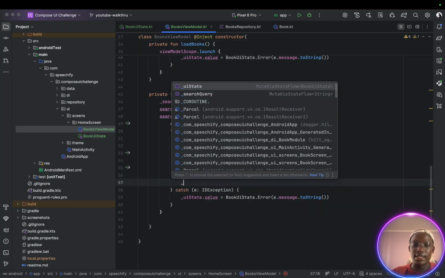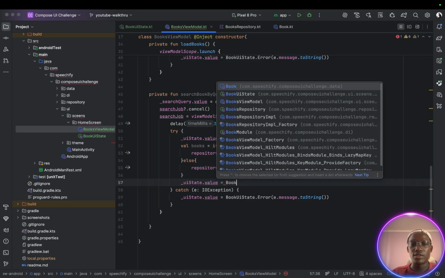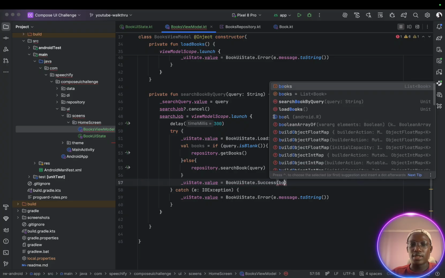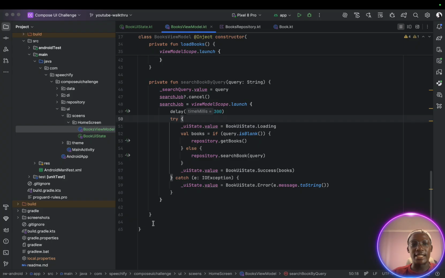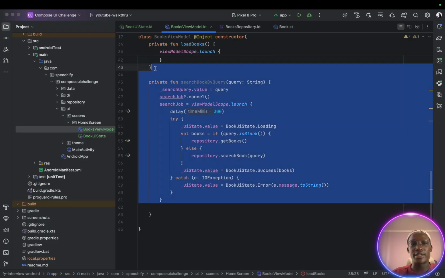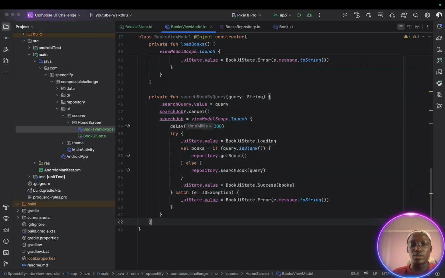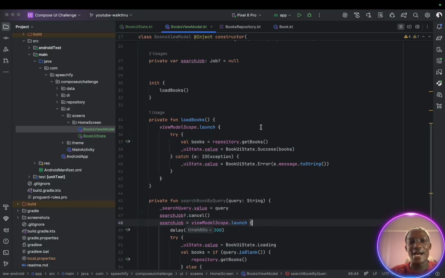So we can now update our state. UI state.value respectively, BookUIState.Success. Then for this success, we can now pass in our books. And we are done up to this point. So we've implemented the loadBooks, and we've also directly implemented the search here. We're just doing this on a mid level, so we don't want to make it complex. As long as you now have the repo, you can go and implement it and add more features